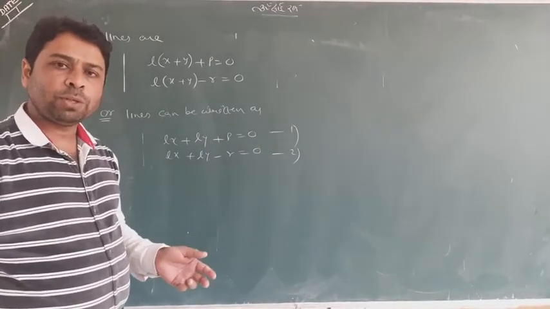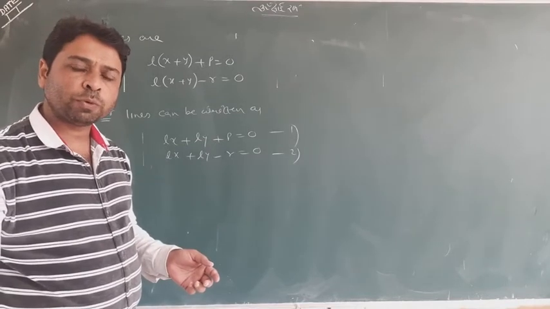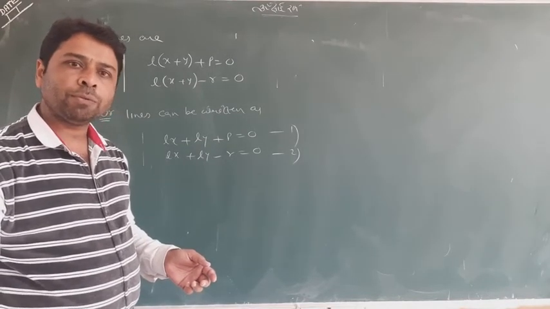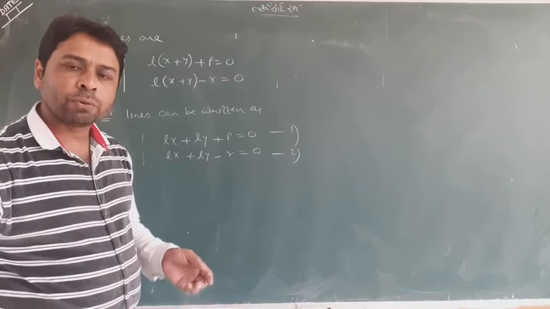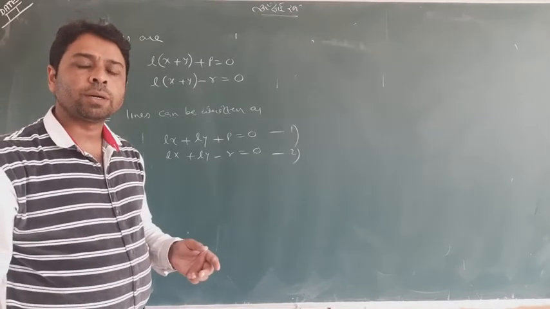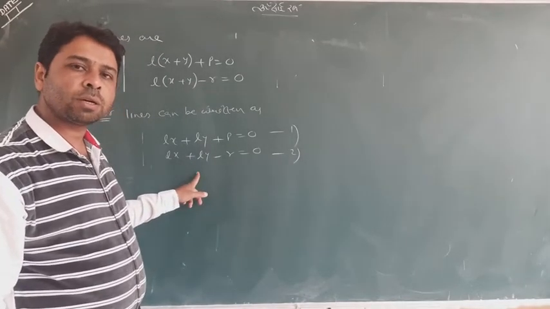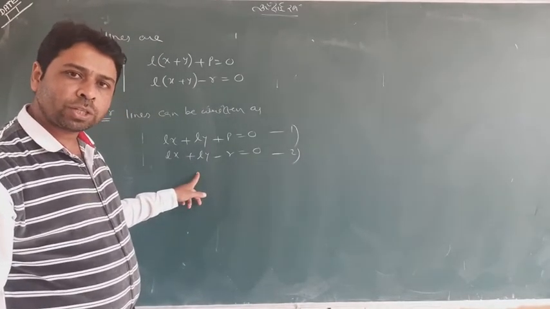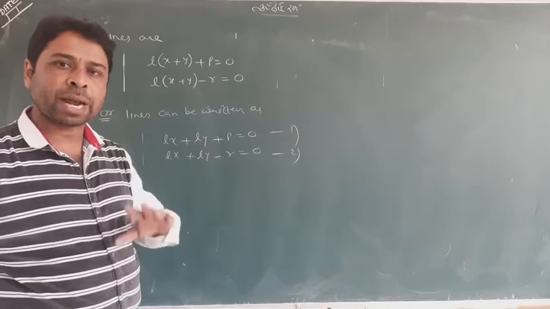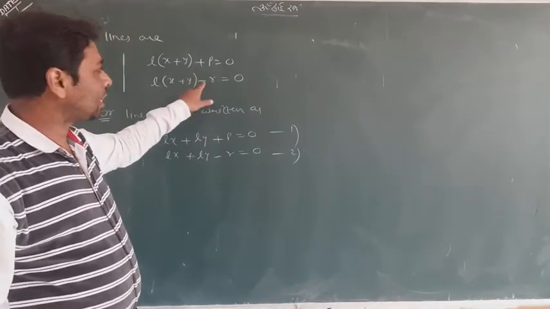So definitely we know how we can find the distance between two parallel lines. We take the help of the distance from the origin. We find the distance of the first line from the origin, and then the distance of the second line from the origin, and we will either add them or subtract them. That depends on these signs.